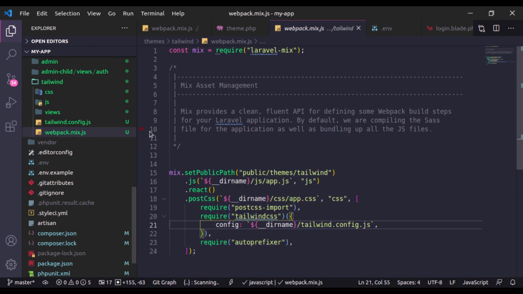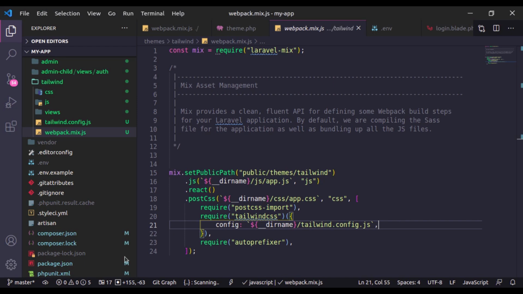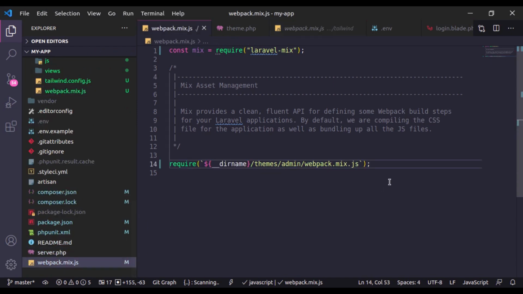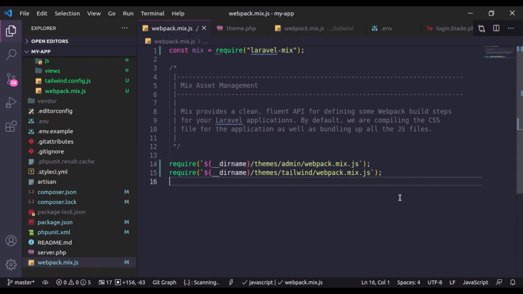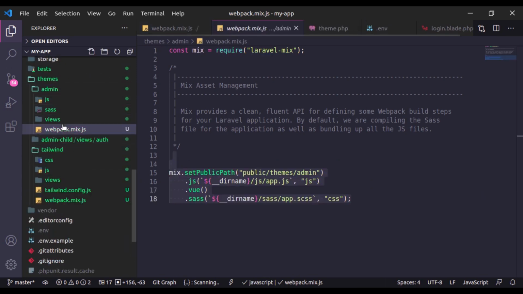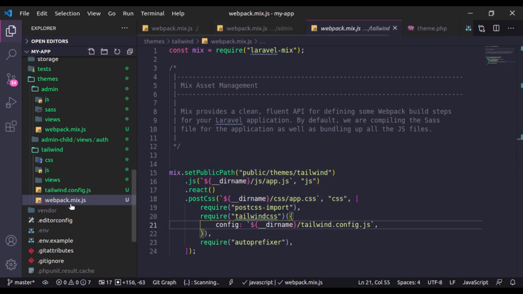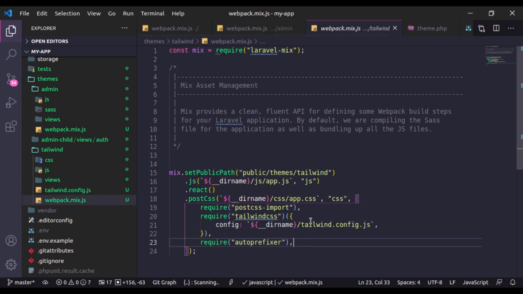To compile this asset, we need to add this webpack in the root webpack.mix file right here. Now here we have an issue. If you see the admin webpack.mix file and Tailwind webpack.mix file, they have different configurations.